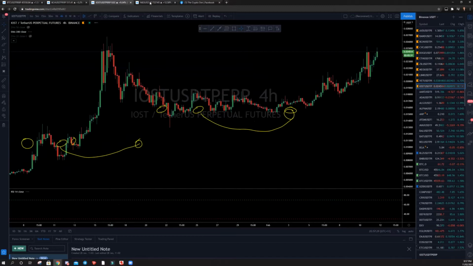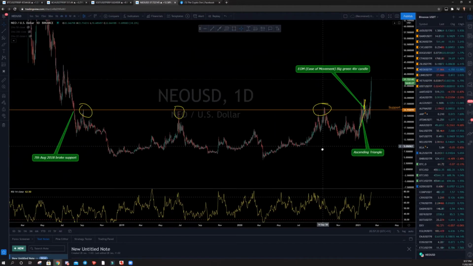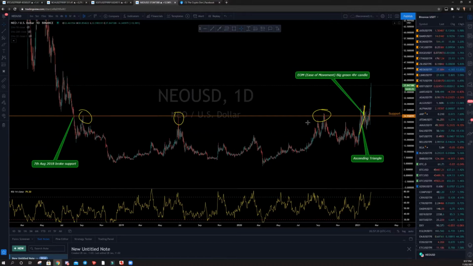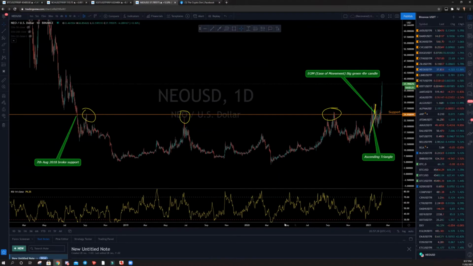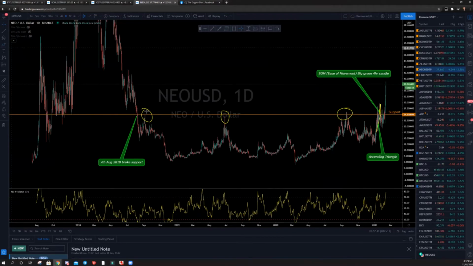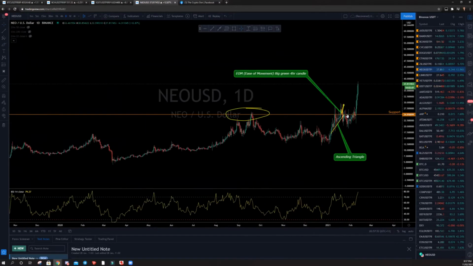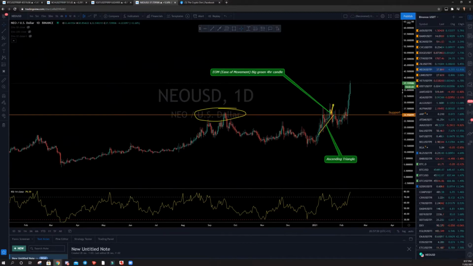All right. First of all, I just want to go through EOS and NEO. So let's go have a look at NEO on the daily first. NEO on the daily was a really easy one. We can see that we had massive resistance here that had not been broken for the past 2 years. So this is one trade that I took right at the point of the break of resistance there, and it